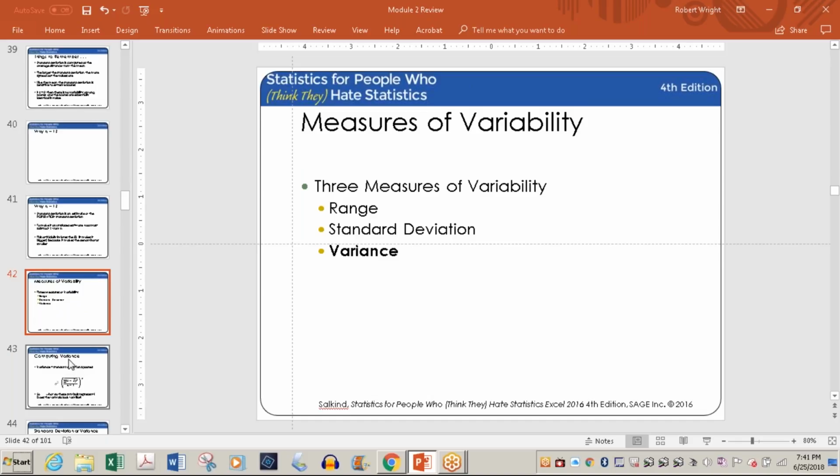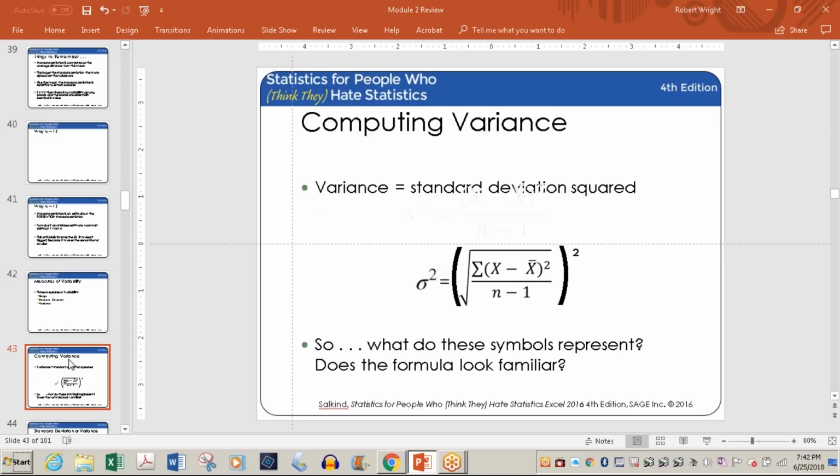The last one is variance. And when we're talking about variance, what are we talking about? Okay, basically variance is the standard deviation squared. Now, you're probably wondering, well, why do I need to know that? And in some cases, you might not. Statisticians like to be able to describe things in as many different ways as possible in an attempt to find differences. Sometimes they do it in an attempt to understand things better or to make things clearer, and that's the case with variance. Basically, you're squaring your standard deviation, and if you looked at the formula, it's very similar.